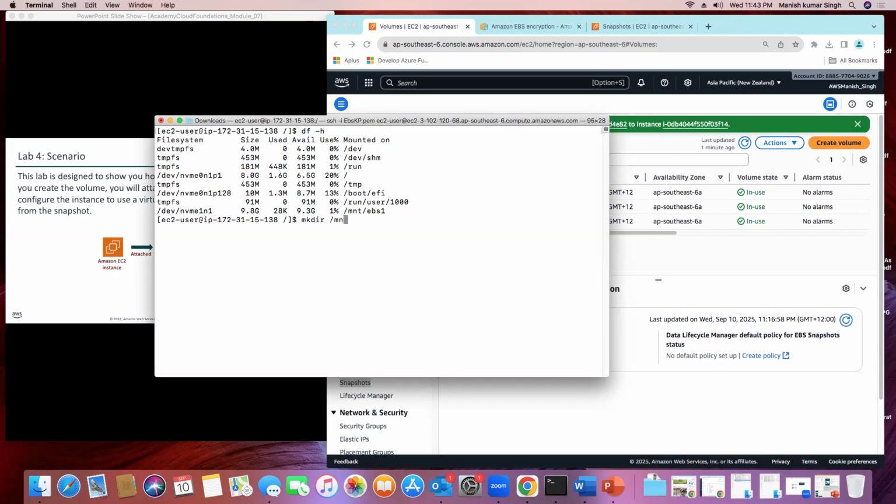In MNT, we are creating a folder, but here we will do EBS2, for example. EBS1 has another drive. So I use sudo, and then we can directly mount. Unlike previously, we don't have to format using a file system. So mount